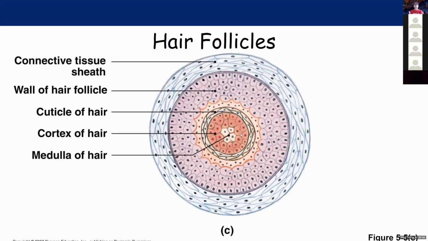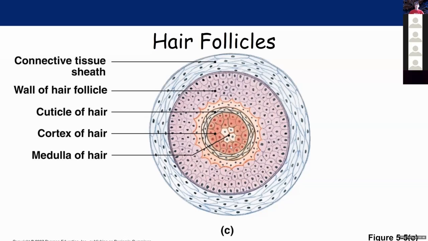And so as we accumulate those errors in our DNA, we start to lose the functions of certain cells. And if you talk to your grandparents, I'm sure they've lost some functions in their body. They probably don't even like to think about it. But as you get older, your body can't do the same thing it could do when you were younger. It's the same thing with your hair follicles. As you get older, your hair follicles lose the ability to produce melanin. And eventually they may even lose the ability to produce hair at all. And so as we get older, the melanin stops in these hair follicles, in the cortex of the hair, and